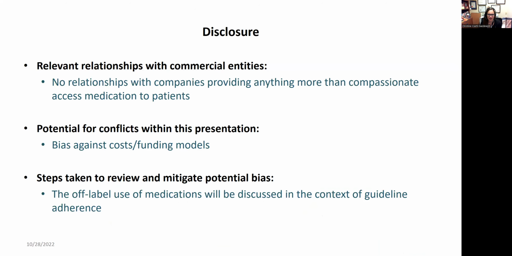So I have no relevant disclosures, particularly with any of the companies who make the medications used to treat the conditions that I'll be mentioning. These conditions are rare, and so that forces us to use medications in an off-label fashion because it's hard to establish the evidence base that's rigorous enough to reach labeling requirements. But that will be called out when that's the case. And unfortunately, my bias is somewhat negative towards pharmaceutical companies because of the cost of the medications when they are